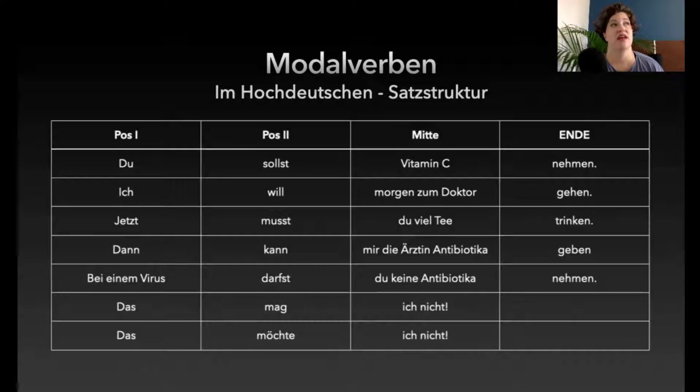Ich möchte ein Stück Kuchen. Again, you don't need a second verb, an infinitive verb, at the end. Ich mag Sport. There would be ich mag Sport machen. We're not saying those, and those ones are special. They conjugate like regular modal verbs, but they don't always need the verb at the end. That's why they're like extra.